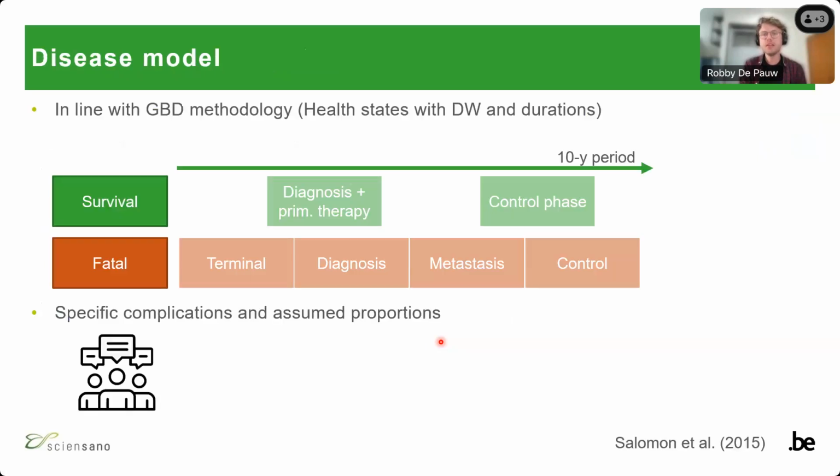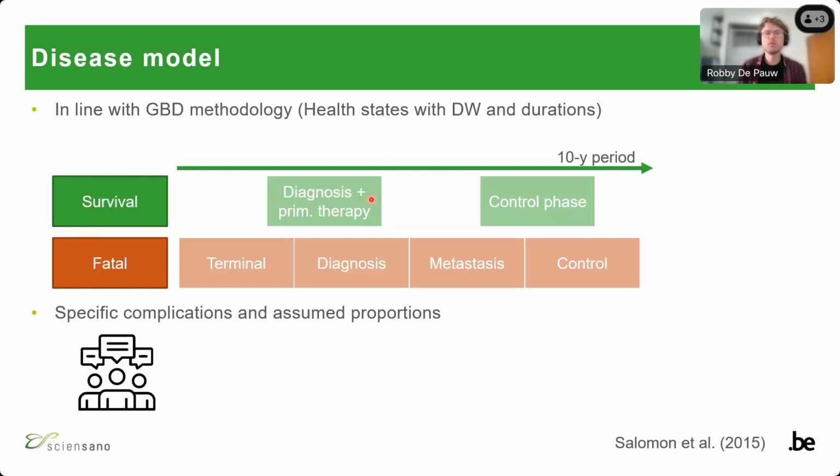And then we go to the disease model. In the disease model, we made a disease model in line with the GBD methodology. And this is for the health states with disability weights and durations. And we use this 10-year survival period as a reference point to estimate the cancer burden. There are two first stages. You have the survival state, and in the survival state, over this 10-year period,